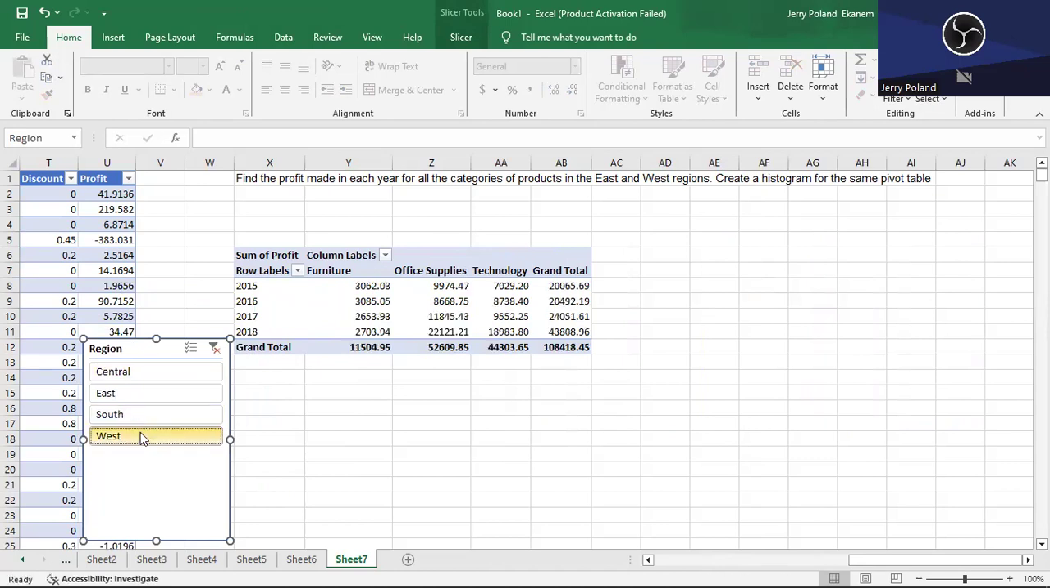I select West and we can tell that for each of them. All right, for West, this is how much we made. 2015 total to 20,065, and in 2016 this and all of that. Central, you keep updating. East, you keep updating. Now we were specifically asked to find